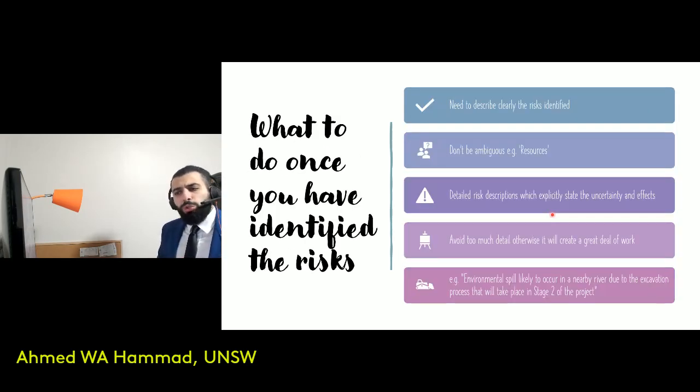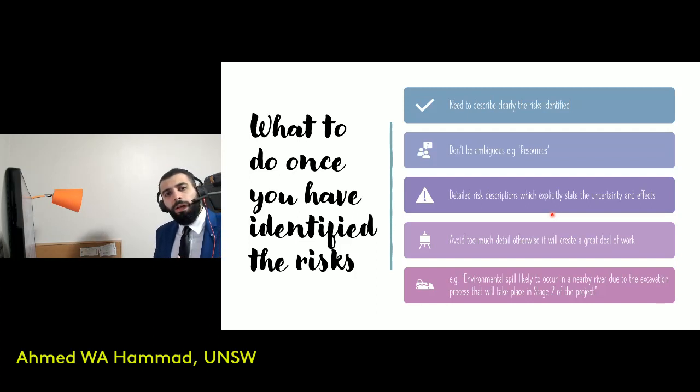This question, what to do once you have identified the risks: you of course need to describe that risk. So as soon as you identify it, you need to describe it. You need to put it on the books so that people are aware of that risk. You have to make sure that you're not ambiguous in the description that you provide. So I'll give you an example. Let's say, for instance, you had a